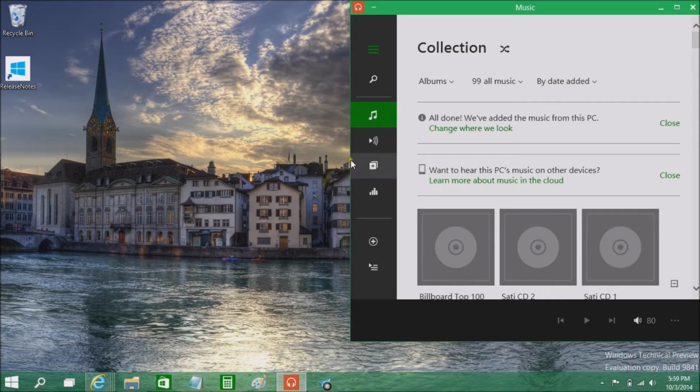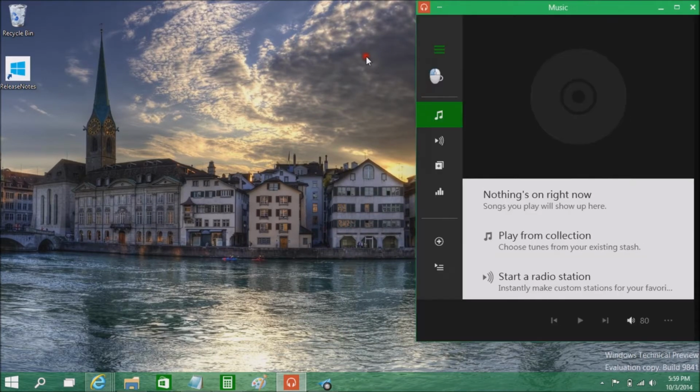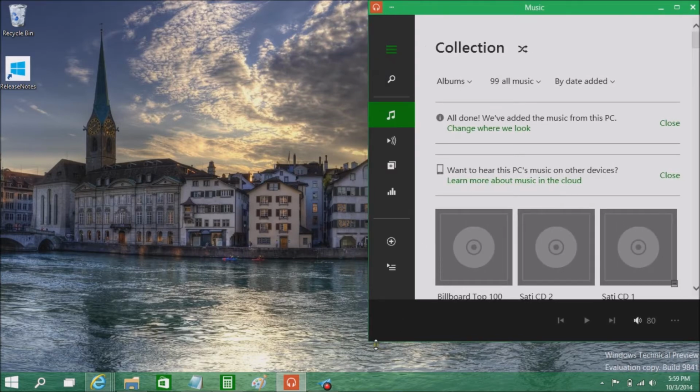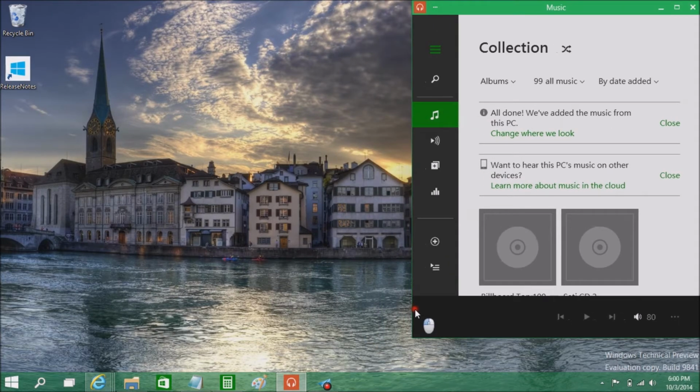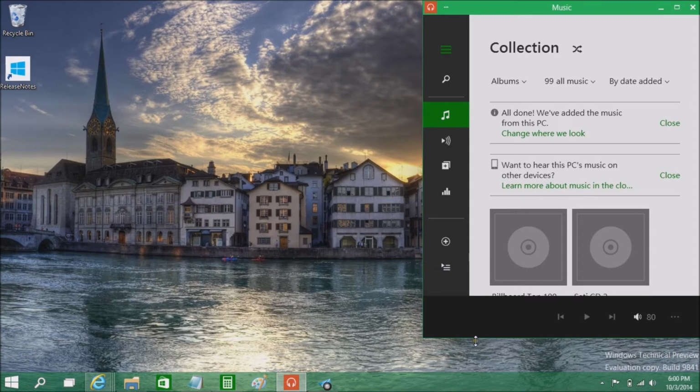The reality of this is there's only a few orientations that these modern apps can actually be resized into, and they have a certain amount of resolution available to them. If you notice the stuff here that's missing, this is actually just a limitation of the apps as well. It can move up to about there, and if you remember from Windows 8, that's about where you remember the